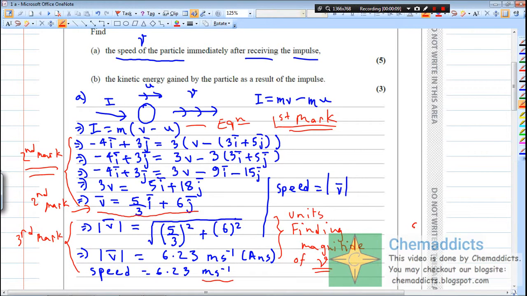That's the whole solution for this question. So that is the solution of the first part of this question. In the next tutorial we are going to solve the second part of this question. So fellas, this is the solution for the first part of this question.